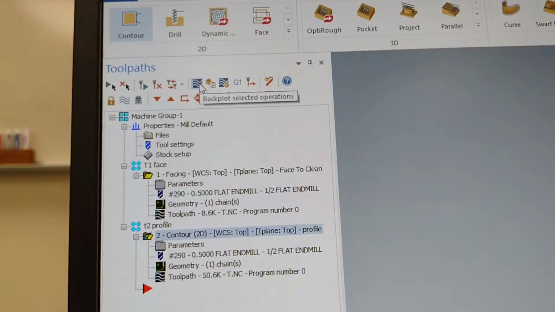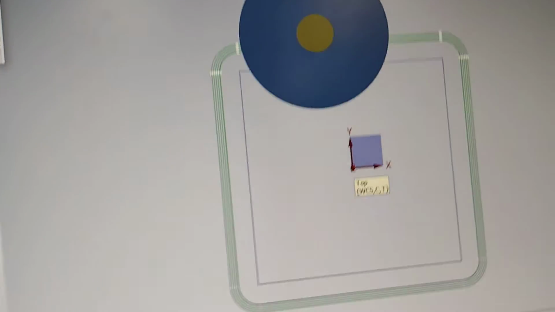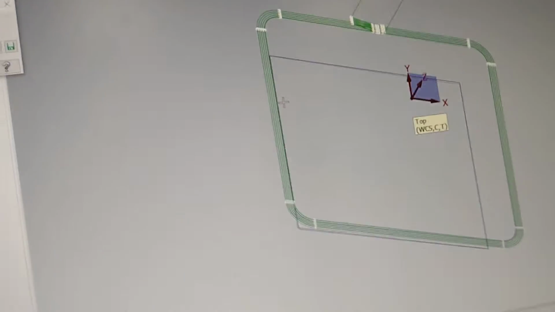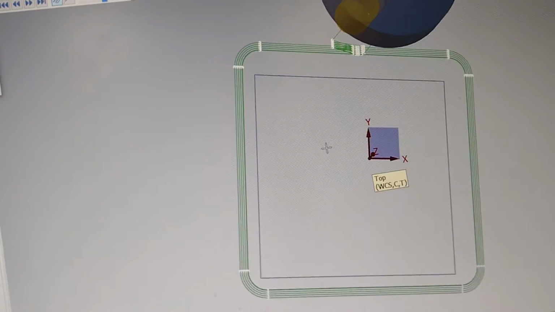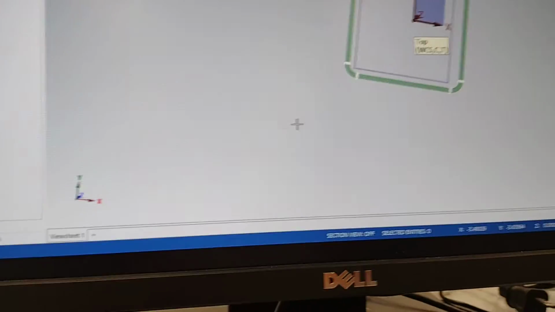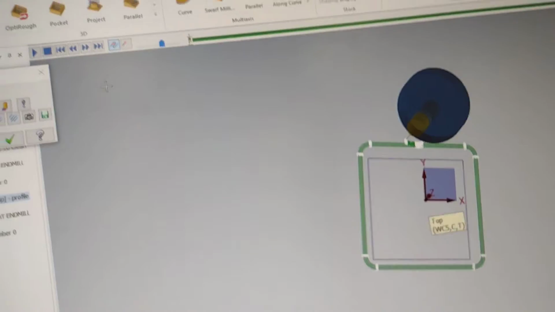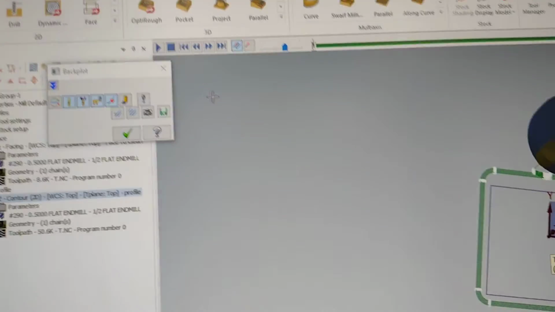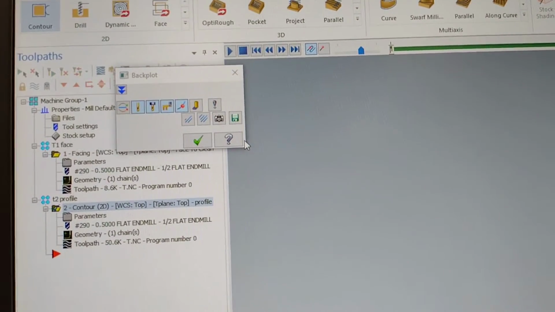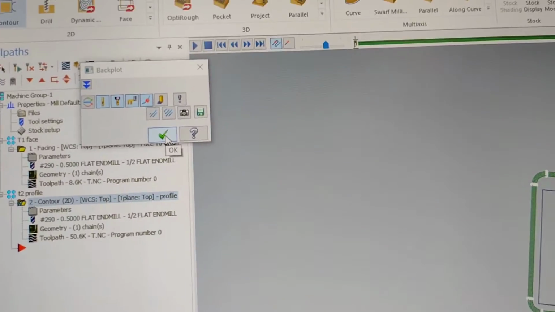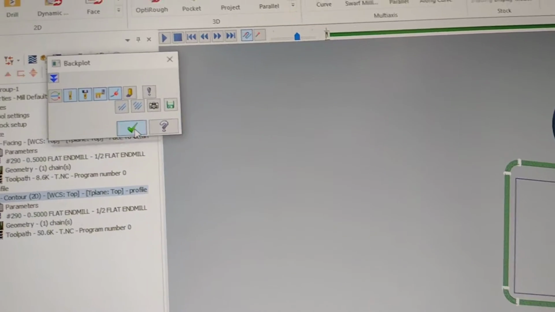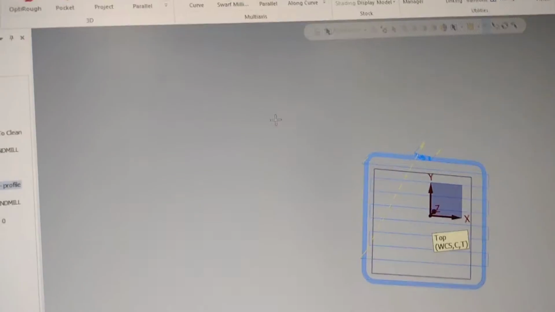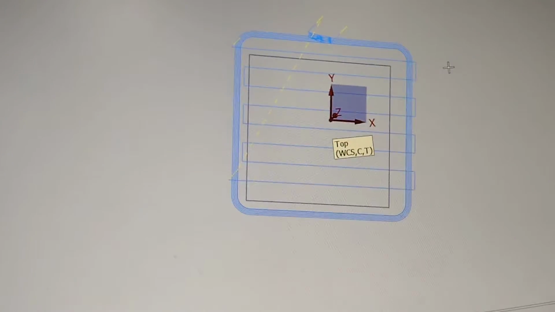And look at my tool. My tool is touching the side of my part right there when it starts out. You see how it's touching that, it's almost tangent to that line. So I'm going to turn the tool off for a minute so you can see. There's my really tiny little lead in, lead out going on here. What I want to do is try to get this point right here more away from the part,